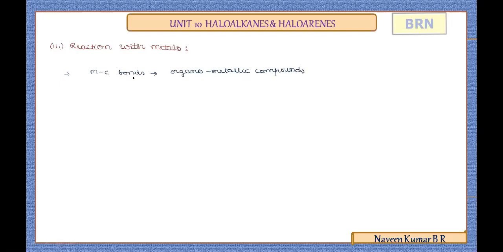It is the bond formed between the metal and carbon by treating the alkyl halides as chlorides, bromides, and iodides. So the respective compounds formed are called organometallic compounds. Such important organic compounds, organometallic compounds, were first discovered in the year 1900 by Victor Grignard. So we have an important reagent in the name of the scientist, which is called Grignard reagent.